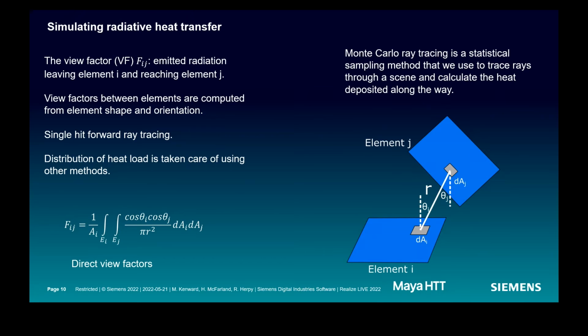And it's done with a single forward hit ray tracing type of methodology, where light is emitted from a source. You trace it forward and figure out which fraction of a surface can see something that's emitting, and then you distribute the heat loads using other types of methods. There's also Monte Carlo ray tracing, which is really classical type ray tracing, where you have light being emitted. It would bounce through the scene in the system and distribute heat along the way. And so we support both of these methods in the GPU accelerated framework that I'll talk about. And they both have their pluses and minuses and their applications in either headlamp analysis or other types of thermal analysis.